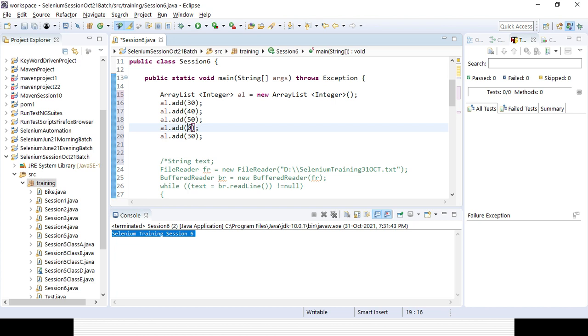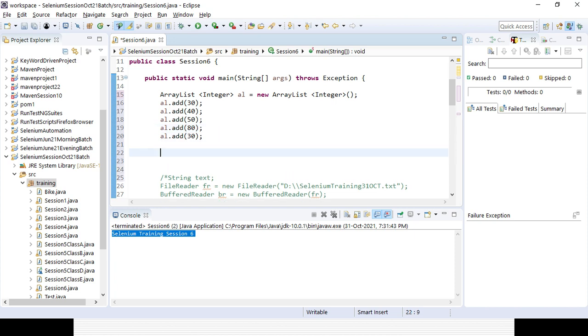Now if you want to print the values, you can use a for loop or an enhanced for loop. First I will show you the for loop, and you already know the syntax. Integer i starts from 0, then i less than, because it starts from 0, it will go till size minus 1.